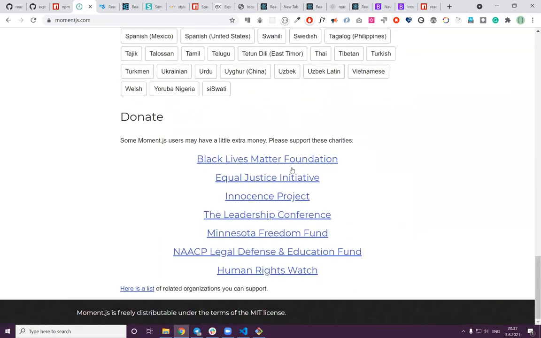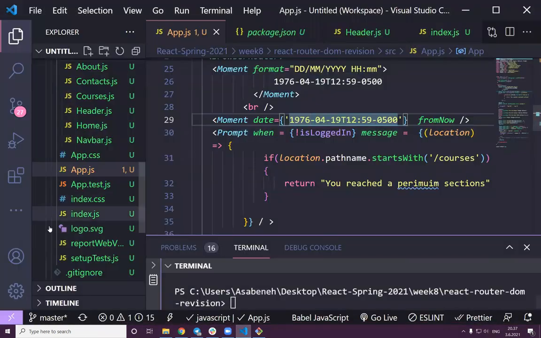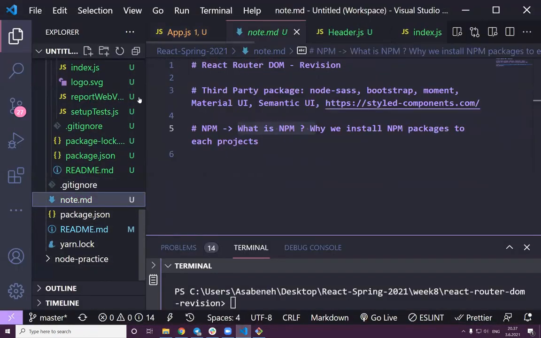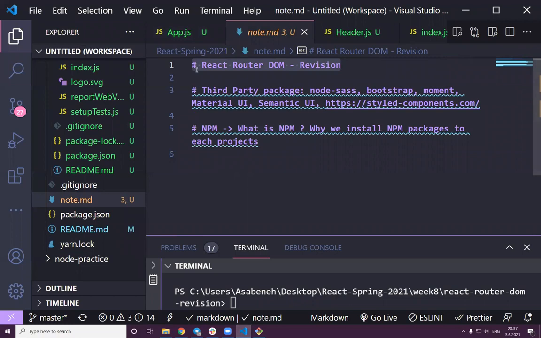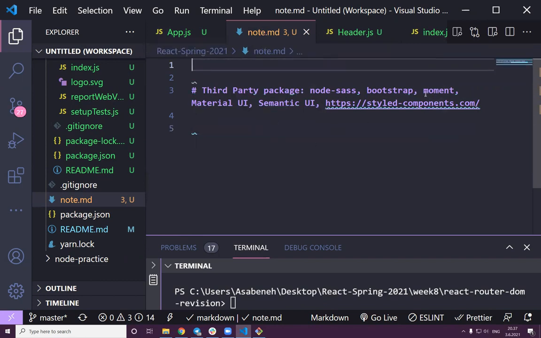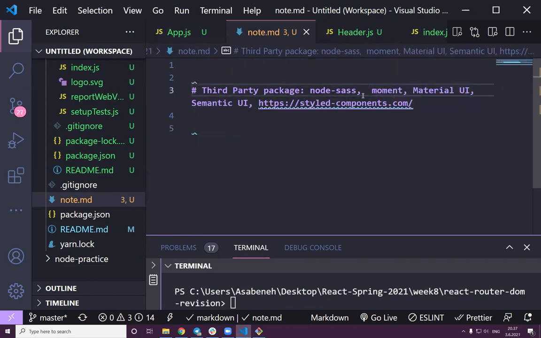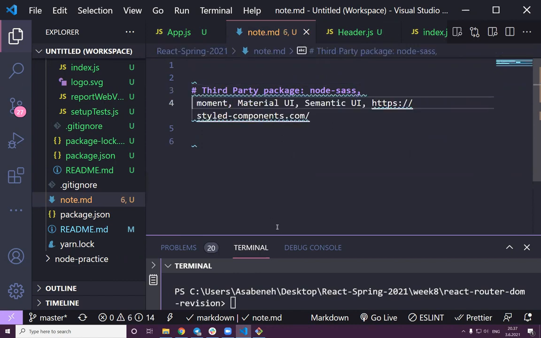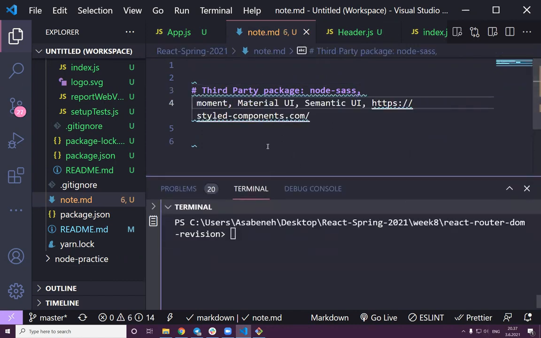Yeah. Great. Let me check what we planned to cover. That's most important. React Router, we have covered. A third-party package, we saw Bootstrap, Moment, Material, Semantic UI, and maybe we discussed this. Let's strike out what we have covered. Bootstrap has been covered. Moment.js, last time we had a problem to install